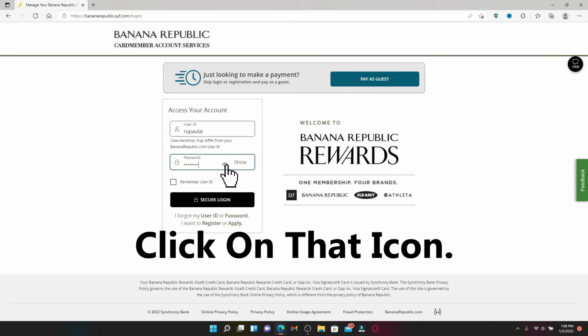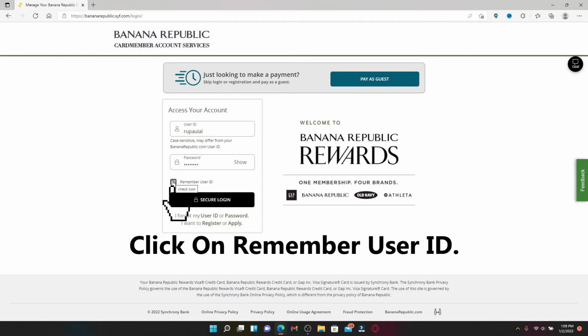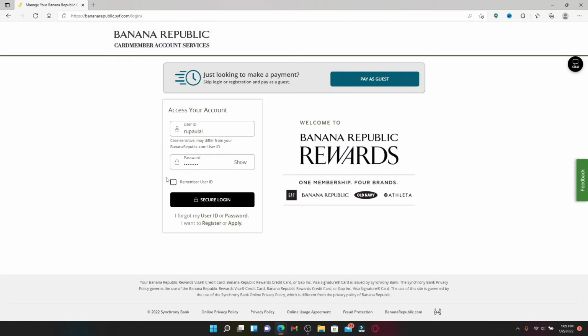If you'd like the system to remember your credentials so that you won't have to type them in again and again next time you try to log into your credit card account, check this box where it says remember your ID. But make sure to leave it unchecked if you're using a public device or a shared computer